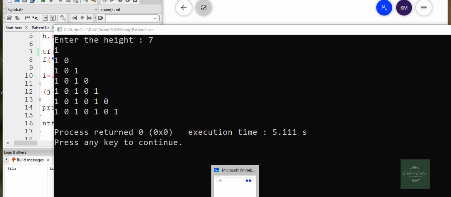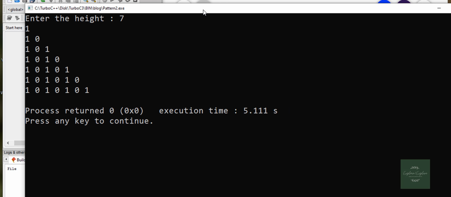So in this video I am going to explain how to design or how to display the pattern I have already shown in the output screen. So this is the actual pattern. In the last video I have shown